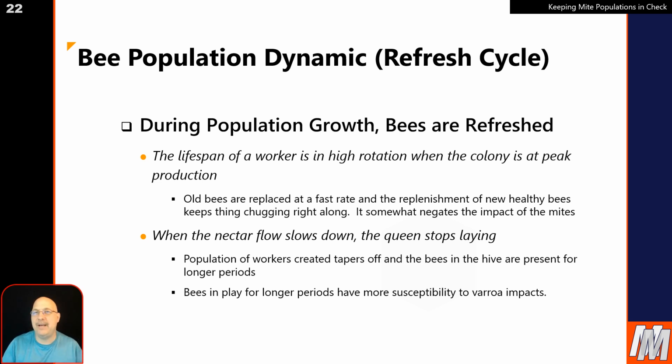At the time when drones taper off and the mites transfer to the workers, and the queen starts to slow down, that is when full-size, perfect-looking colonies are starting to see the impacts of Varroa mites. You won't visually see it right away, but it's going to lead to a massively sick colony